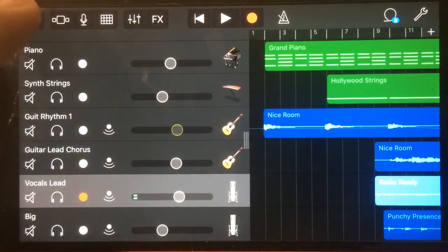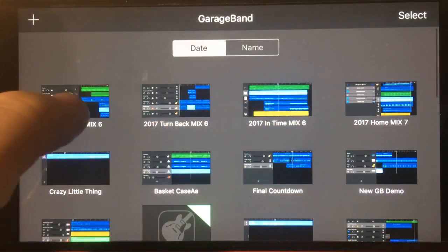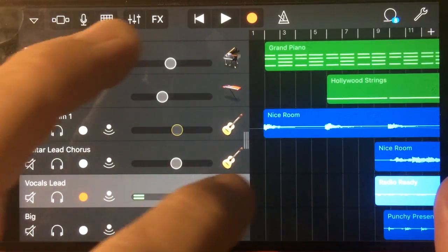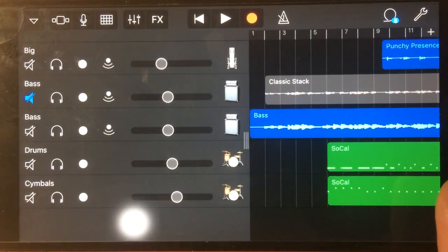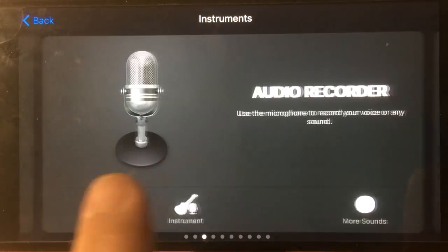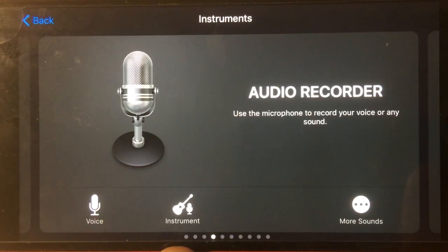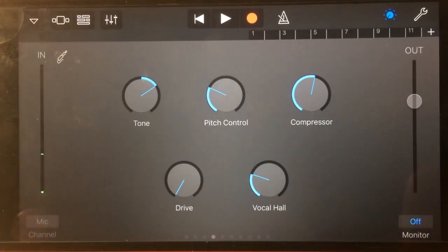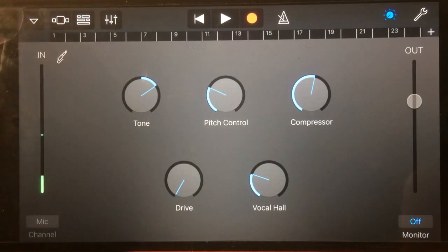Well, when you create a new track here in GarageBand, let's go back into our track. If I wanted to come down here and create a new track, and let's say I want to do an instrument, or I want to do my voice. So let's do voice. If I go into voice, it's going to instantly give me all of these lead vocal